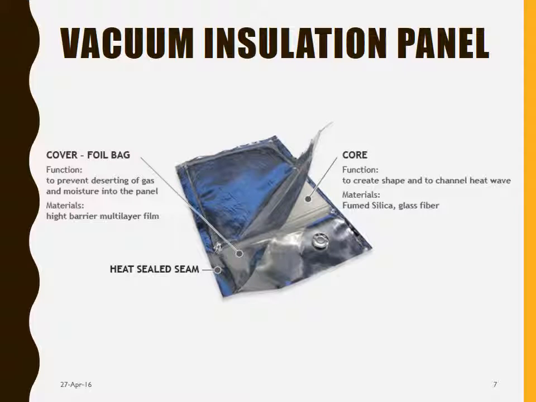Vacuum insulation panel consists of a core which is sealed into an envelope, that is the cover or the foil bag. Now the function of the core is to keep the thermal conductivity of the VIP to a very minimum. Glass wool has the lowest thermal conductivity of the core materials, below 0.1 millibar. However, the thermal conductivity increases fast with an increasing pressure, which gives a short service life of the VIP.